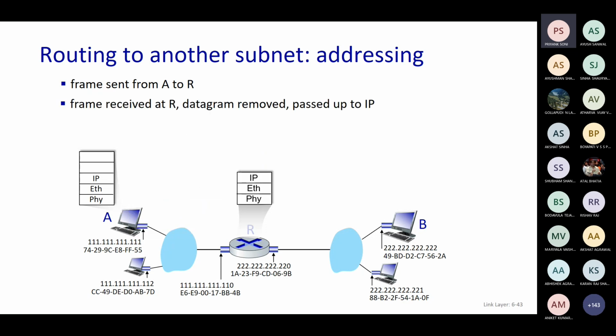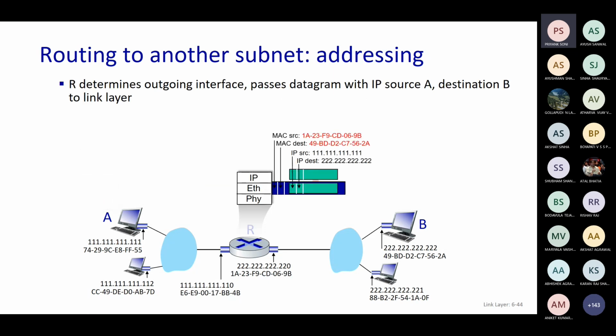It has now gone to the MAC layer, where it is read that the destination address is of course this router, the interface of this router. Now the address that it actually has to send the frame to is host B. So in the network layer it is found that the destination IP address is 222.222, and the IP address of the source is 111.111.